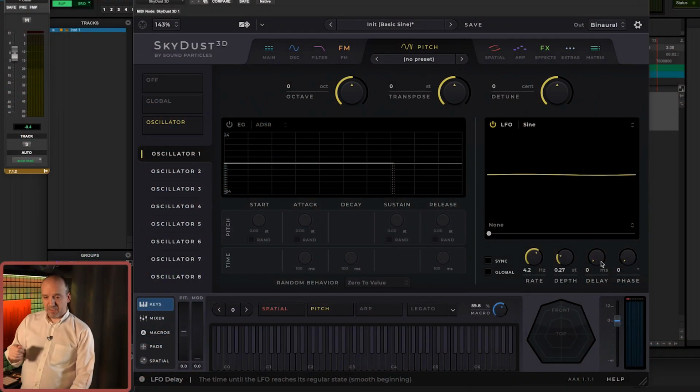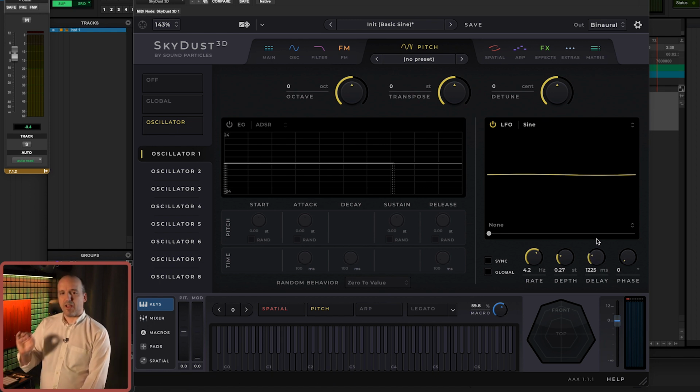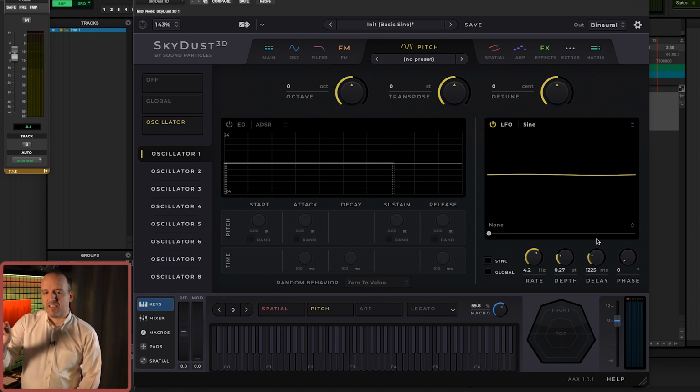Which means that most of the time, with the synth, sometimes you also want the same kind of behavior. You want to play a note and not get instant vibrato when you play it, but you want the vibrato to start appearing later on. So that's the goal of delay. As it currently is, I play the note and you get vibrato right from the start. Okay? If I want to add some delay and say, okay, I want to wait 1 second until I get to the full vibrato. So